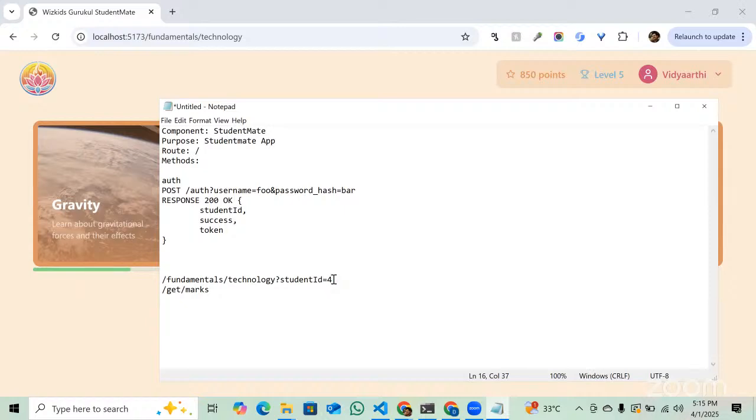Okay. So this mechanism is enforcing my being logged in to be able to access a particular part of the application. If I am not logged in here as this particular student, my get marks API will actually throw back